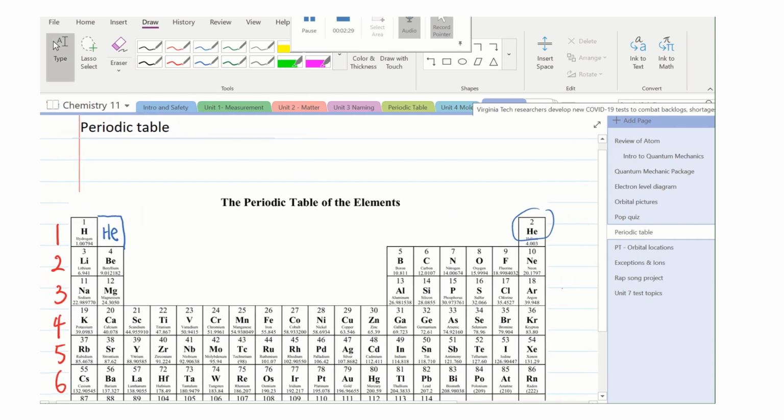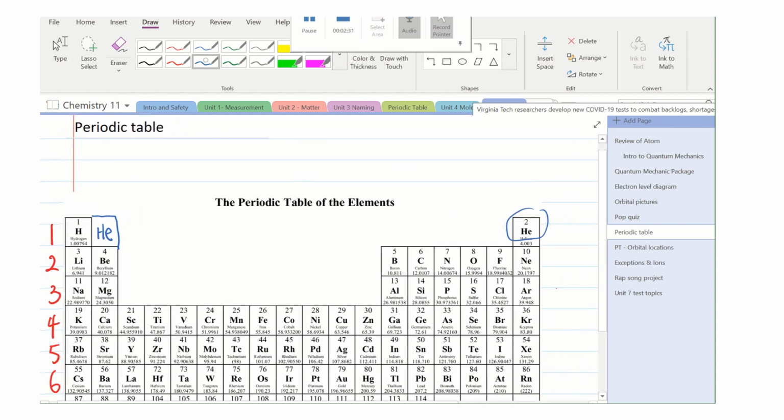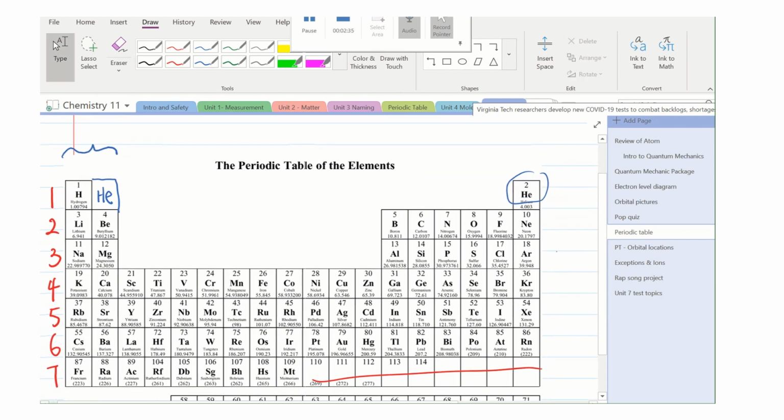So for these two families, they are actually occupying the s orbitals. So for example, I'm just going to label here s orbitals. Okay, so for example, hydrogen is 1s1 because it only has one electron, right? So you only use the 1s orbital. And helium, for example, it's 1s2, so it's full, it's completed.